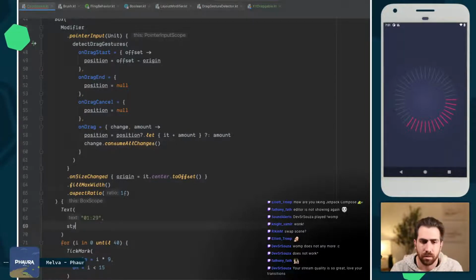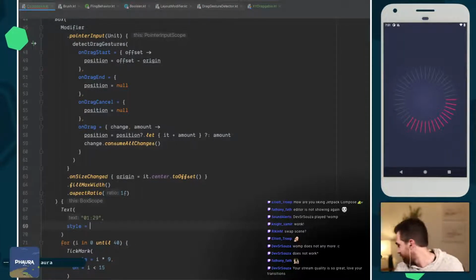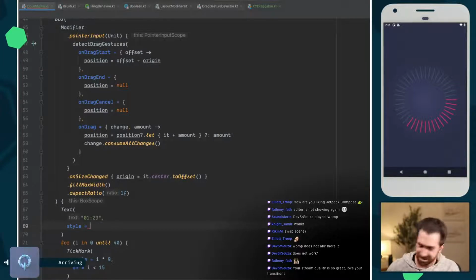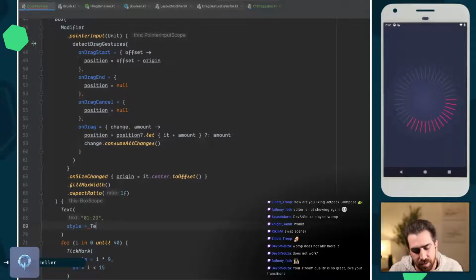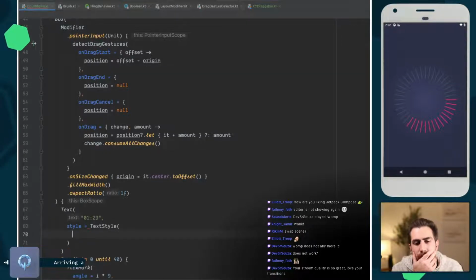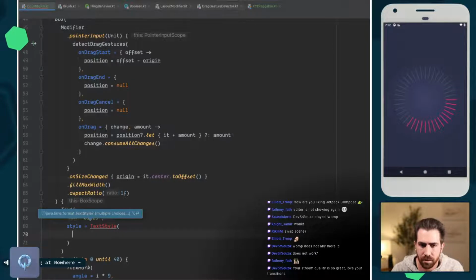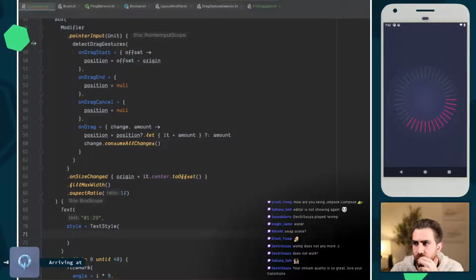Style is, you can leave them in here. Okay. So let's see. So text style. I'm just gonna build a text style here, and we can constantize it later. Okay, so color,